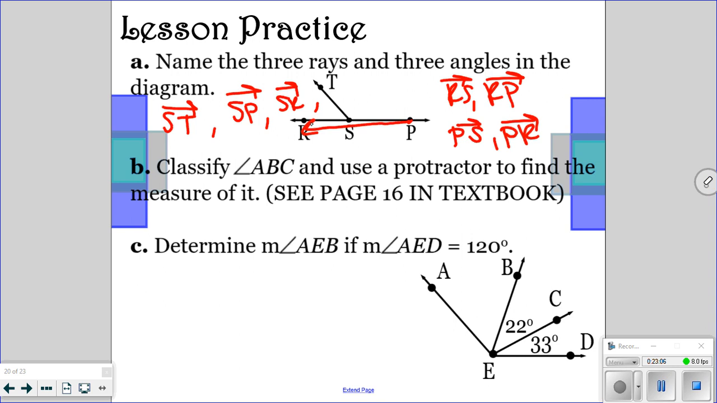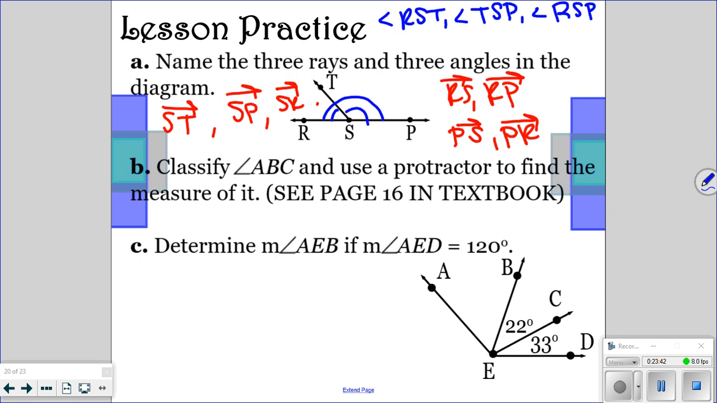And then we're going to name some angles. It says pick 3 angles, and there are only 3 angles really in here. There's this one, which could be angle RST. There's this one, which would be angle TSP. And then there's the straight angle, which is angle RSP. You could make this angle TSR, angle PST, and angle PSR, but those are the only 3 angles that are